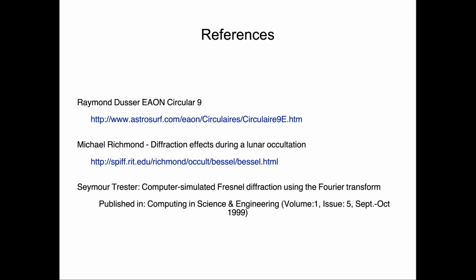And then finally, and this is really the most critical, I used Trester's scheme for rapid calculation of Fresnel diffraction patterns of arbitrary shapes through use of a clever change of variables in a discrete fast Fourier transform calculation. Recently, there's been an email thread about diffraction, and in that email thread came up a reference